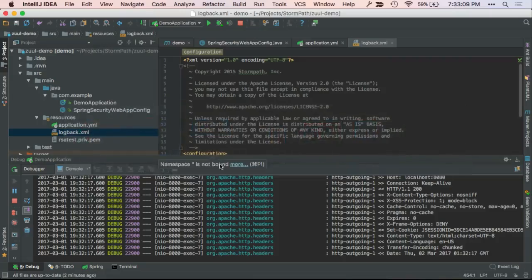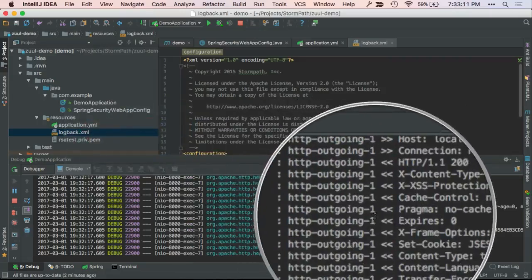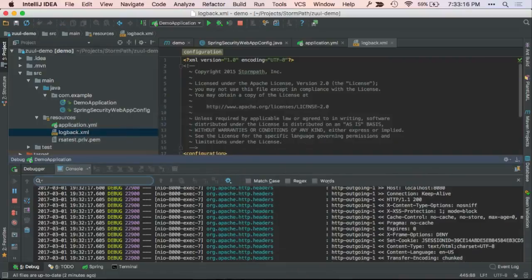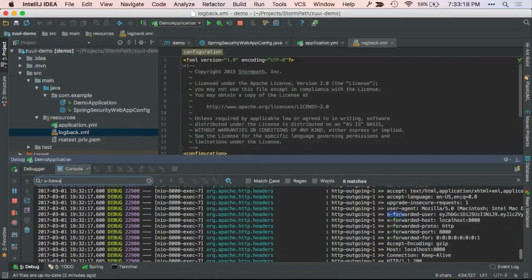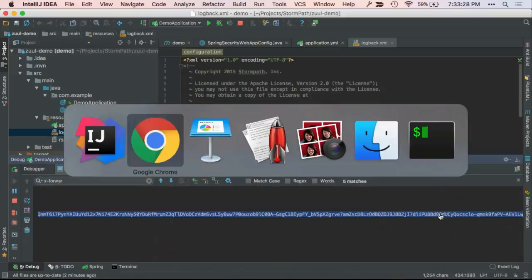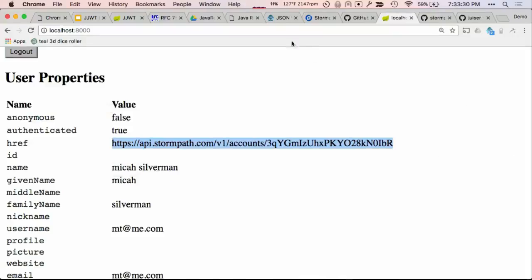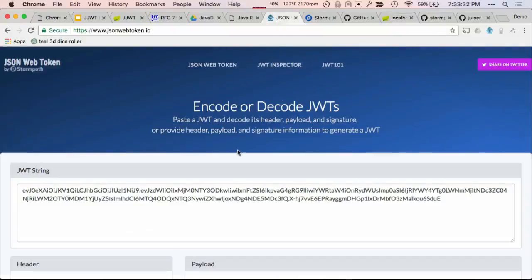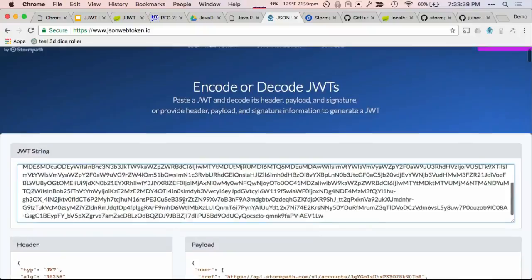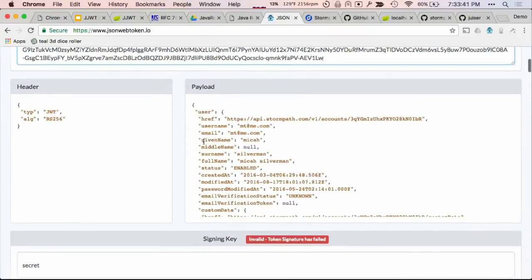So if we jump back over to here, we can see we got a whole bunch of headers coming in. Let's look for that one particular one, our X-Forwarded-User, right here. Okay? So this long, ugly, gnarly string, that is a JOT. And first I'm going to show you what's in that JOT. We have this handy little tool here called JSON Web Token IO. You can come here and paste a JOT in. You'll notice this one's a pretty beefy JOT. This is what's in that JOT.